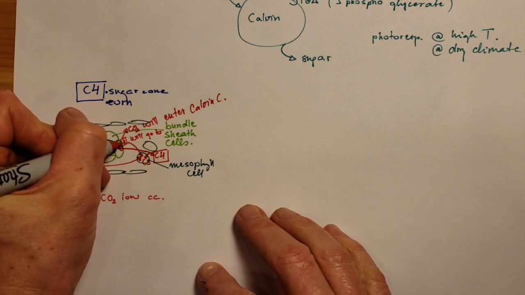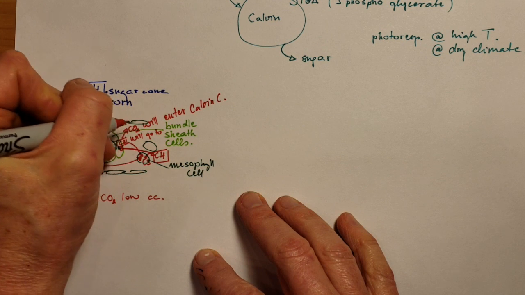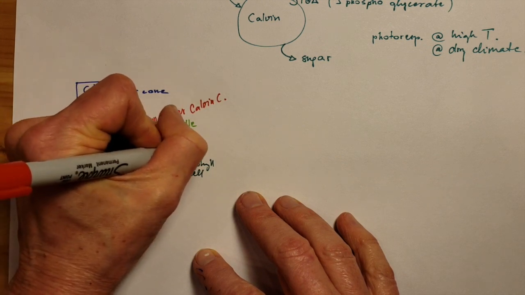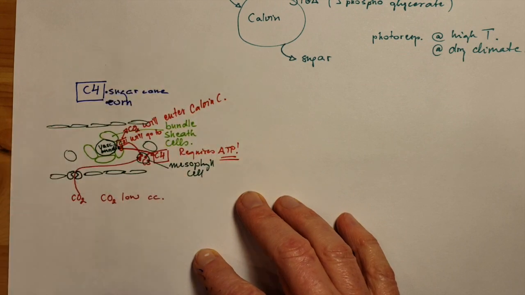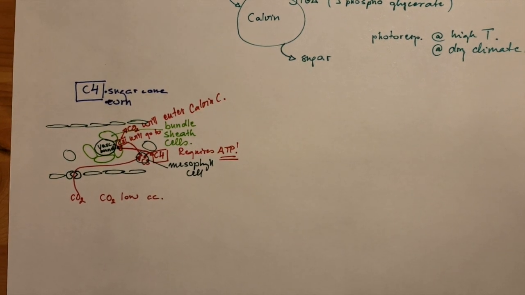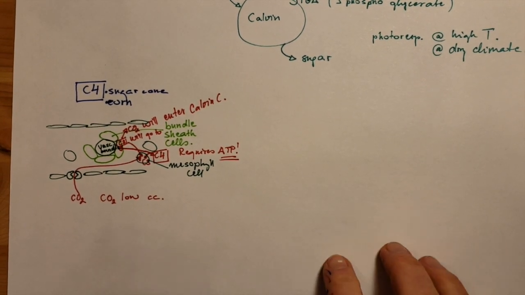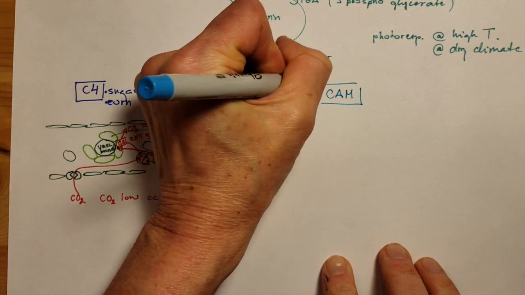So the problem is that to make these C4 and C3 compounds that can transfer the carbon dioxide, it requires ATP, so additional energy needs to be invested into the process. But it's really good because there's no photorespiration for these plants, or very limited,